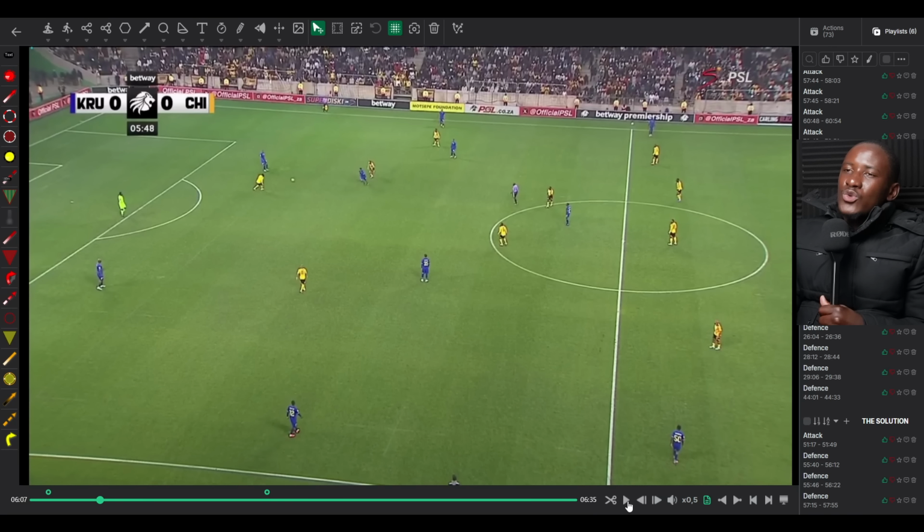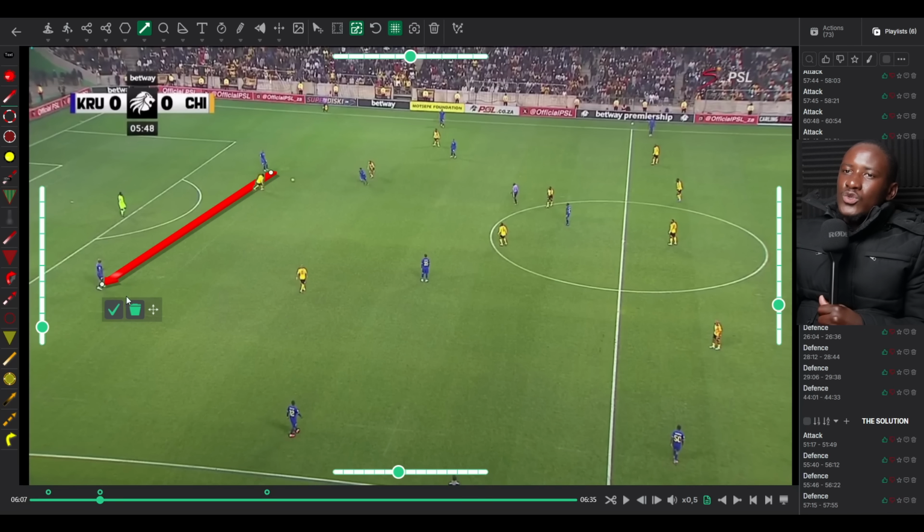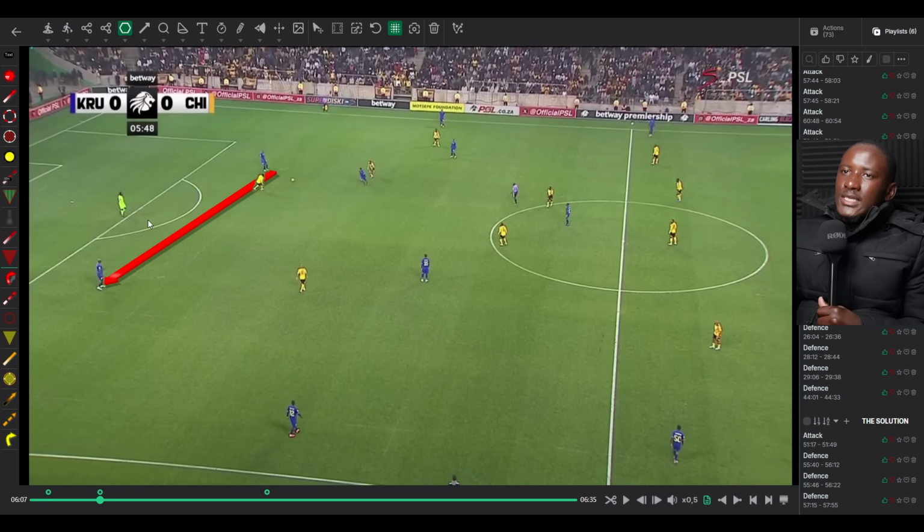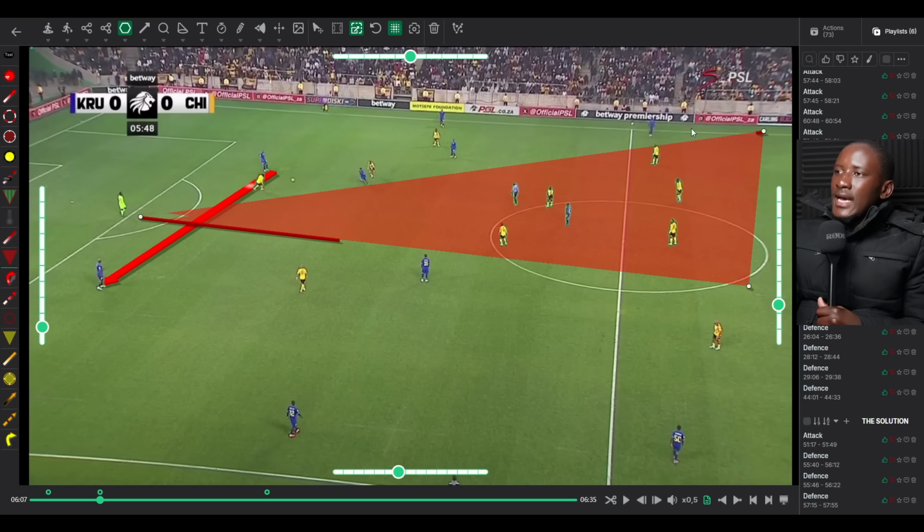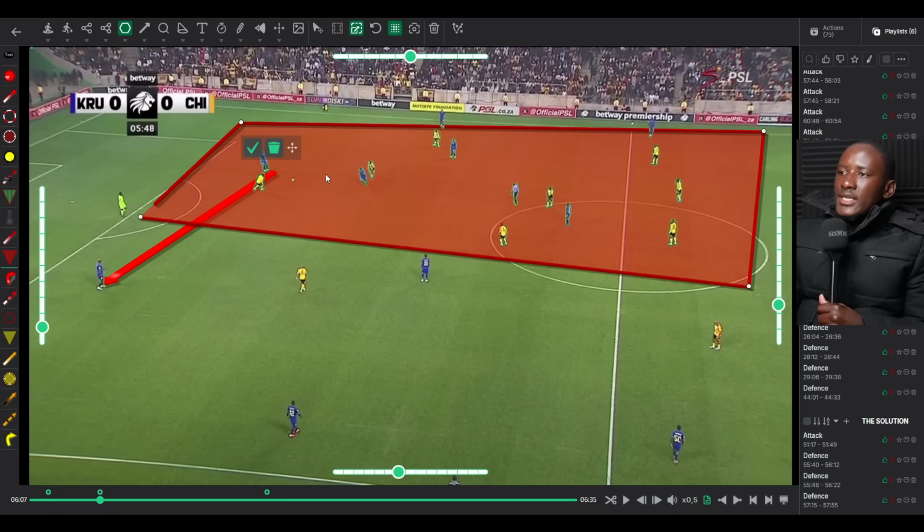What has he done now? He's allowed the pass to go to the pivot, but he did not want this pass to go directly this way, because what he's trying to do is cut the ground in half so that Chiefs can force this team to only play on this side where Chiefs can then press, because you see the majority of Chiefs players are on that side. So Silva wanted, and the plan many times when they were pressing was to try and force them to one side where they can then press them.